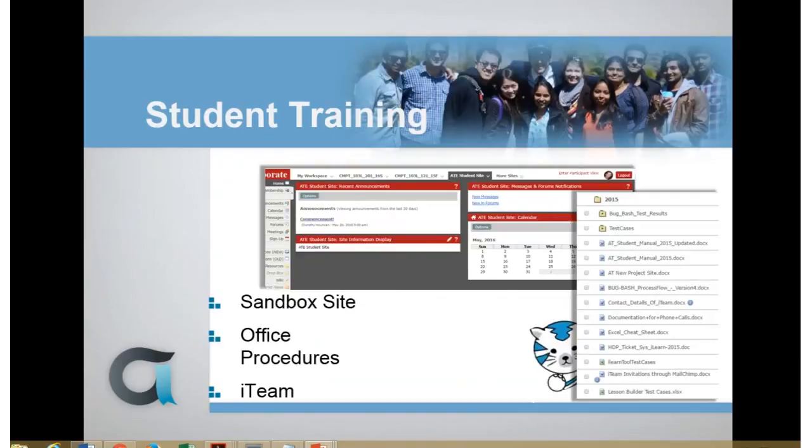Now, our student training. This again begins on our local instance of Sakai. As you can see from the screenshot, the colors and such. This is a screenshot from prior to 11, so I'm sorry I didn't update this. It's much more beautiful now. But this includes this sandbox site, where the students and the instructors can follow along on the best practice guide. For the institution, the student site contains all the written documentation that contains JIRA processes, procedures for the office,